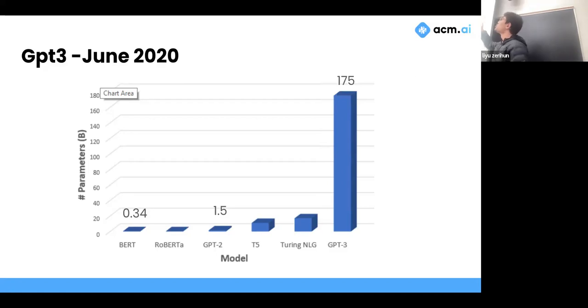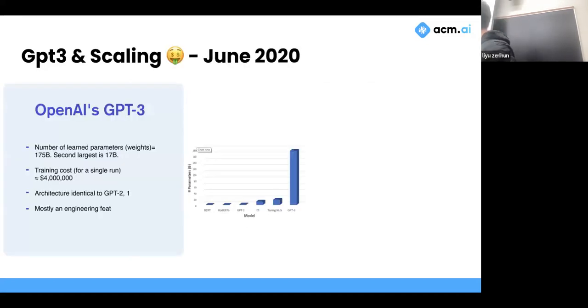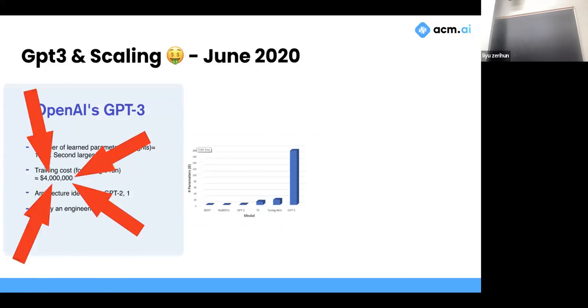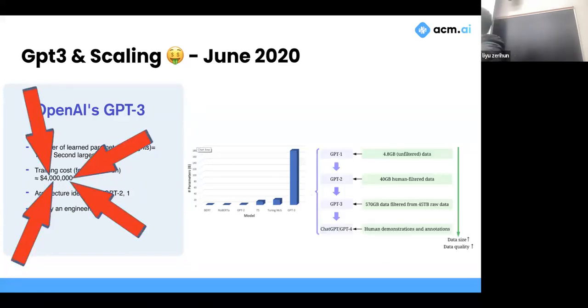Boom. June 2020, they trained a 175 billion parameter model. That is insane. This is such a good encoder and representation. And GPT-2 generates text, and we have these other two, which we can ignore. Like 175 billion. Let's break that down real fast. $4 million. They spent $4 million on compute. Imagine running your computer, it takes electricity, and that costs $4 million. I don't know how my electricity bill would get that high. That is an insane amount of money.